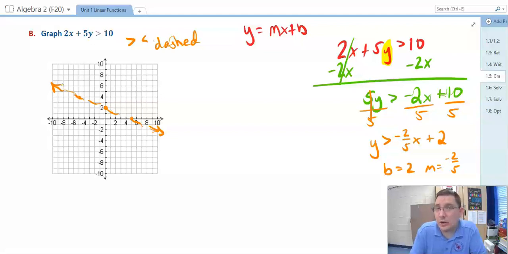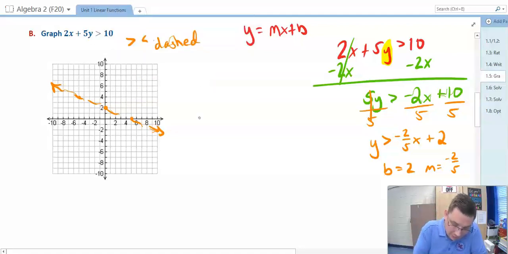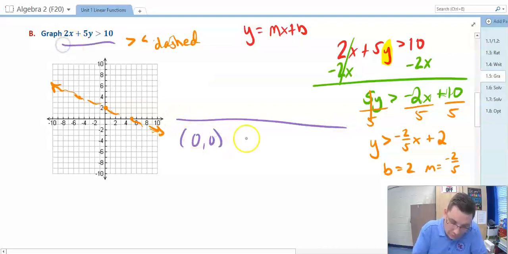And 10 is not greater than 10. And that's why it's not a solution. Now, go back to the previous problem. We talked about plugging in a certain point. I still want to plug in 0, 0 to the original inequality